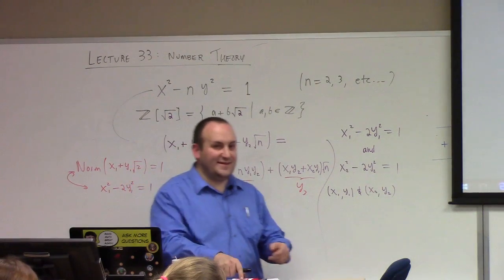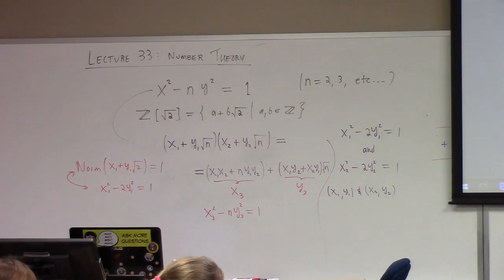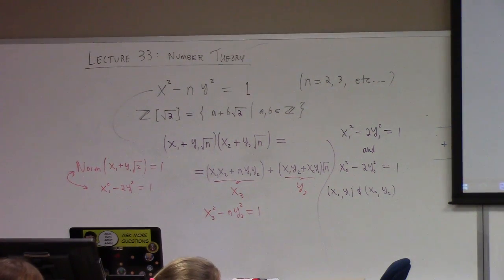The cool thing about this, right, is if you find one solution to Pell's equation, for example, with n equals 2, it's pretty easy to see that 3 comma 2 is a solution, right? So 3 squared minus 2 times 2 squared is equal to 9 minus 8, which is equal to 1. So you can set x1, y1, the solution pair, to be 3 comma 2. That's a solution to Pell's equation with n equal to 2. What the theorem says is if you just